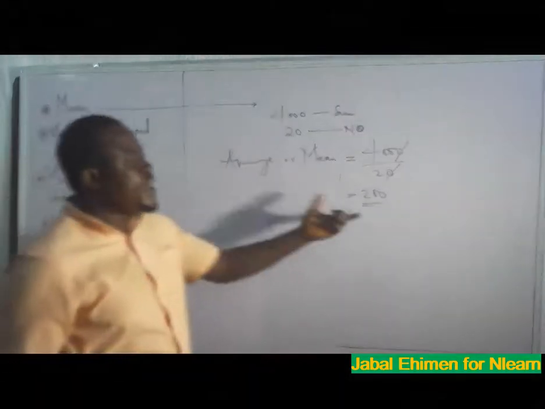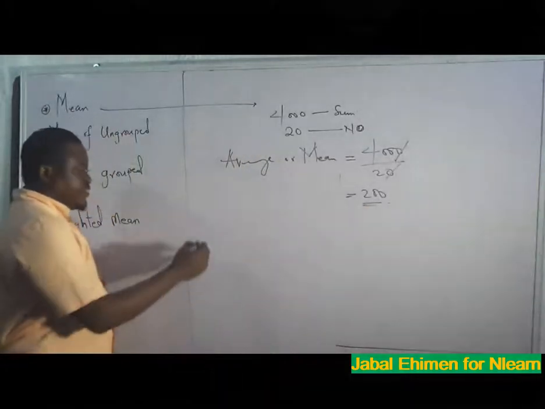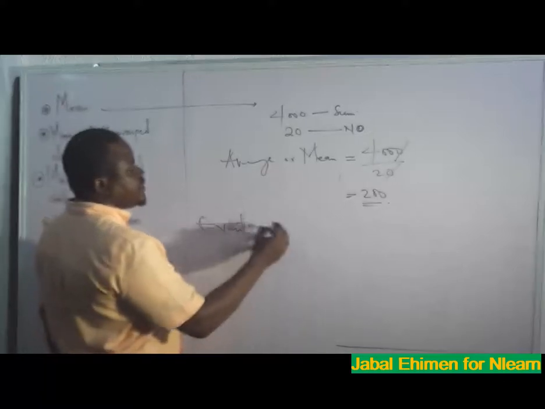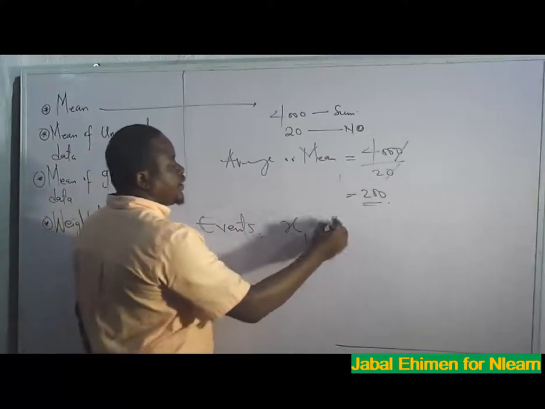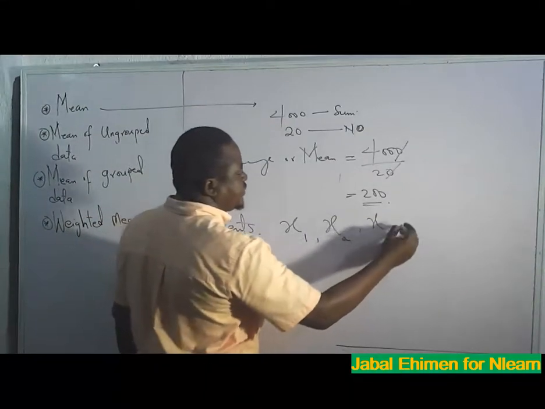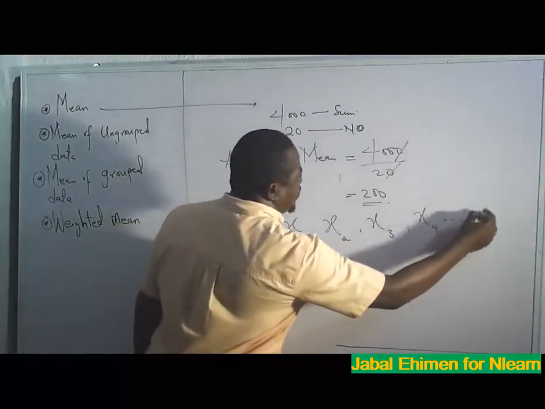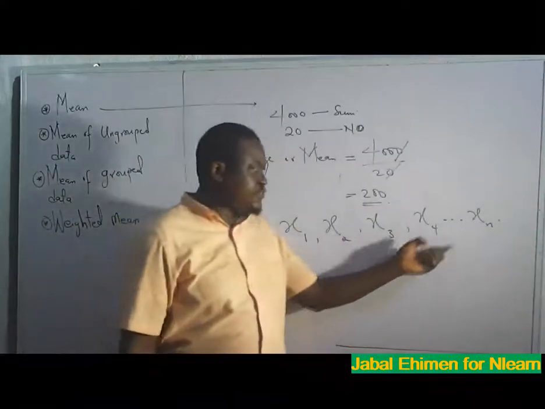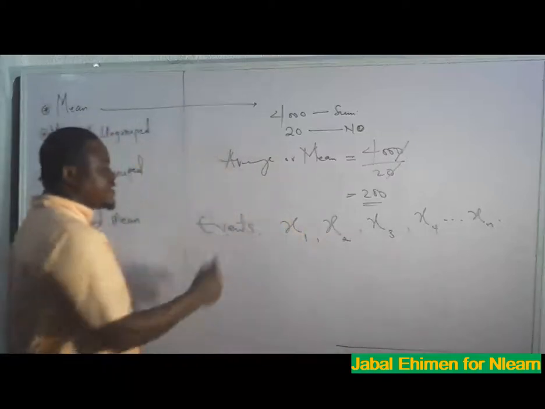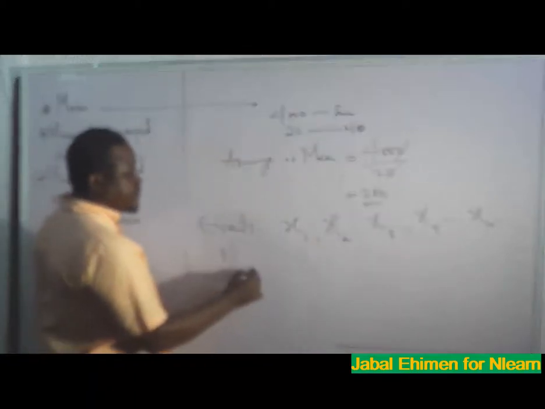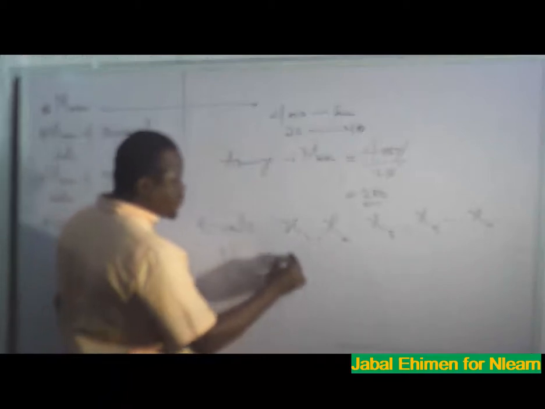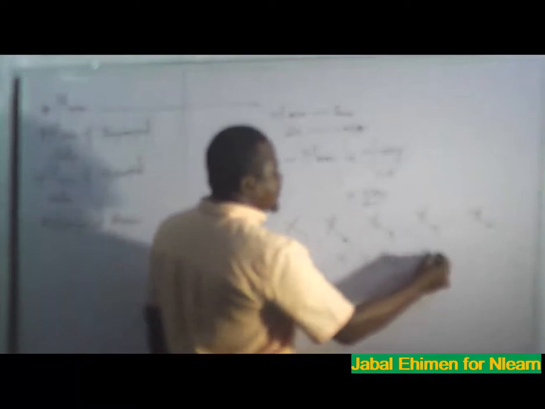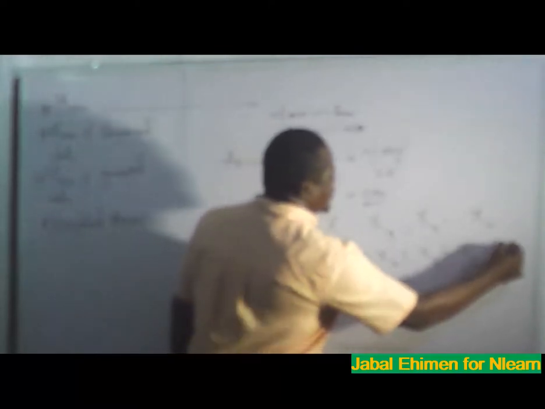Now, mean is about events. If, for example, we have events that are x1, x2, x3, x4 down to xn, meaning n can be anything. Now x1, x2, x3, x4, xn. From here I can take my mean, which is denoted as x bar, is equal to x1 plus x2 plus x3 plus x4 plus xn,